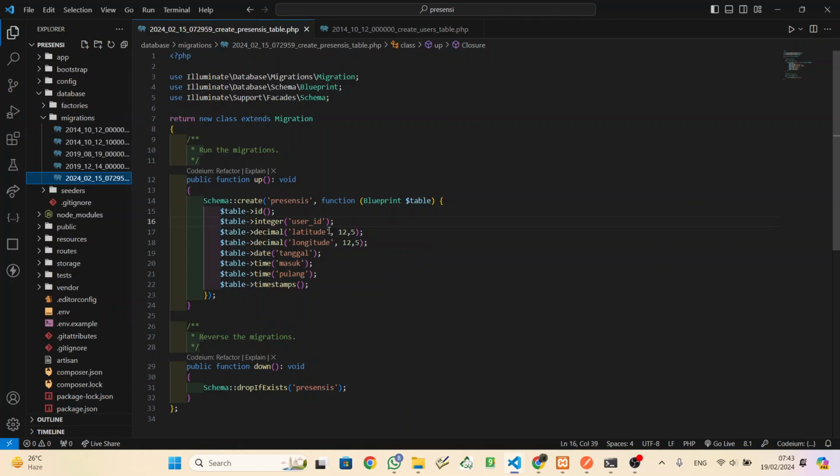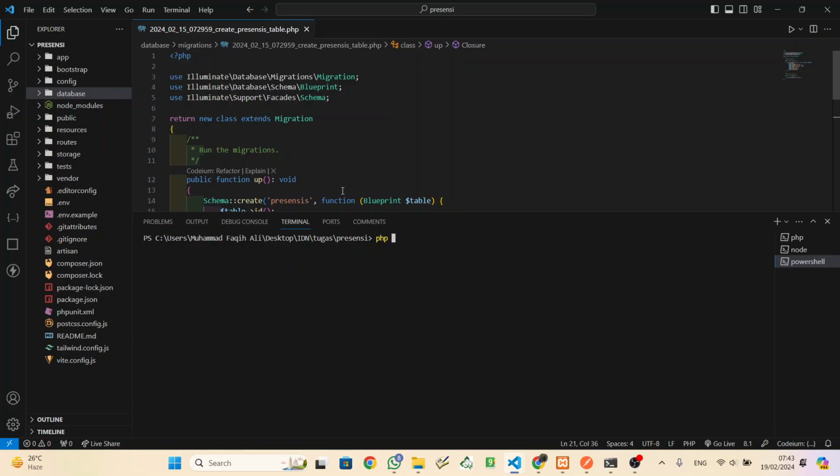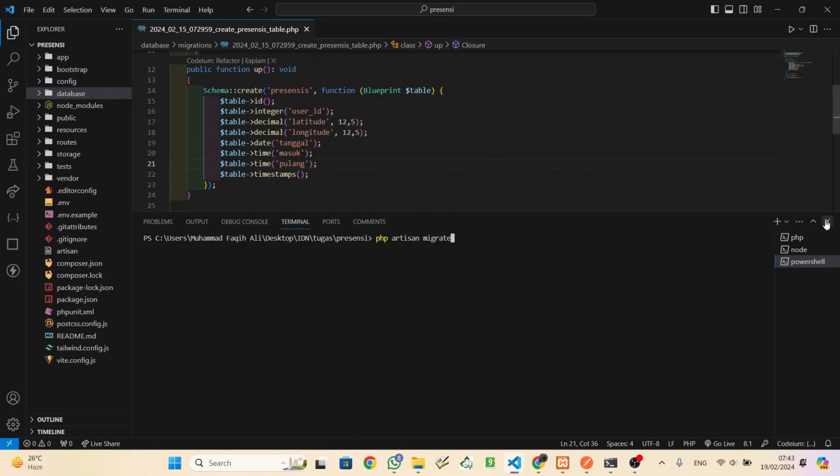It's not a problem. So I don't use that. User ID, longitude, latitude, tanggal masuk, pulang, like that. And then run php artisan migrate again. It will make a new presences table.